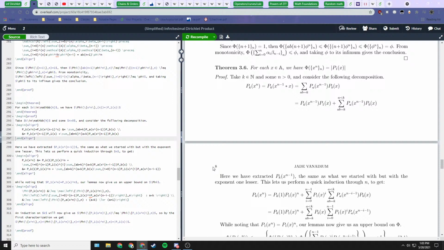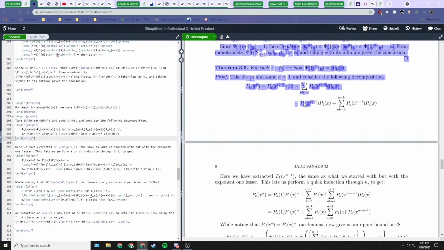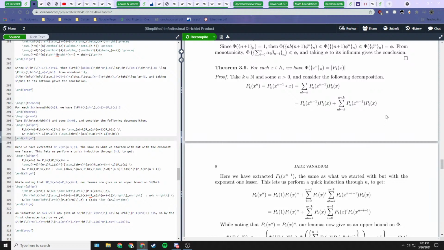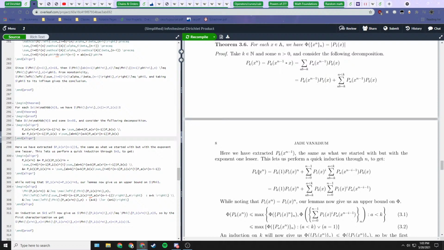But this just lets us do an induction, right? If we apply this formula again to here, we'll get this summation times some other second summation times the power of p1 x and so on. So if we use this replacement in an induction across the n values, that'll give us this general formula: pk, the kth projection of x power n, is adding up all of these terms.